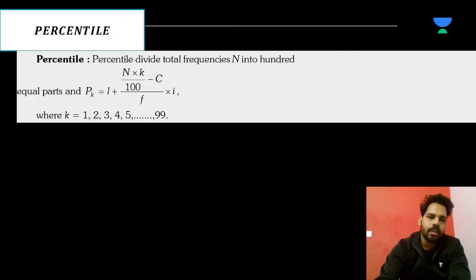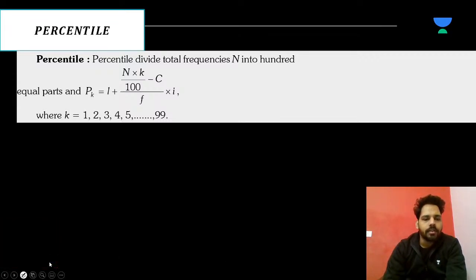Okay. Now the question comes in our mind, sir, if the data is given in a continuous frequency distribution, then what will we do? That means if it is given in tabular form, what will you do? So we can apply this formula where